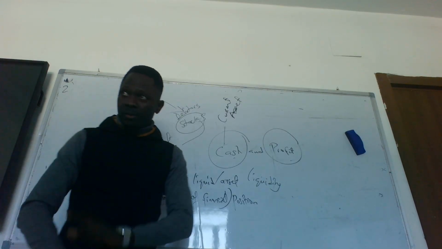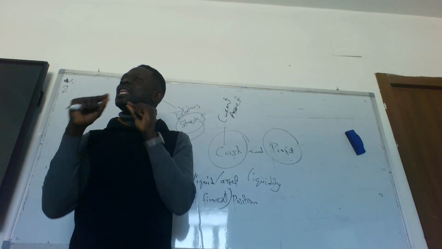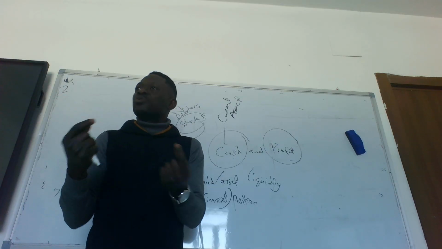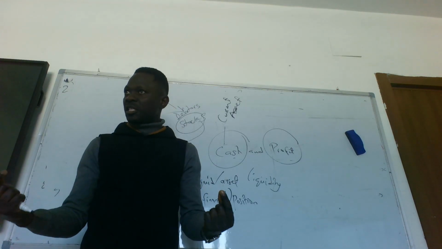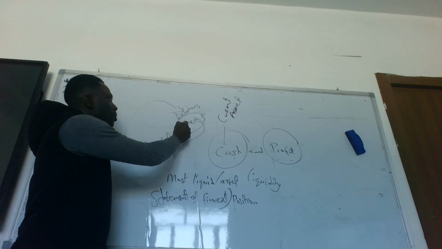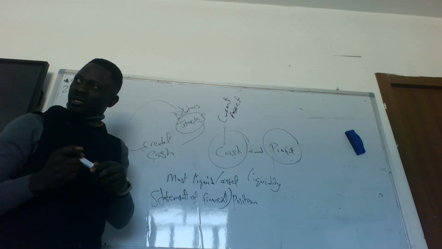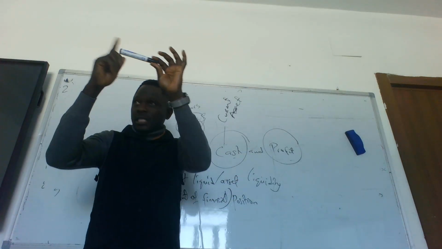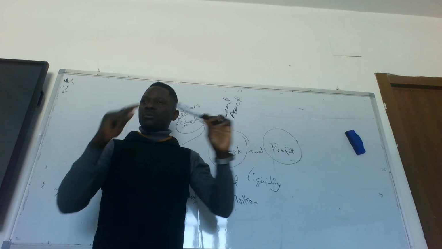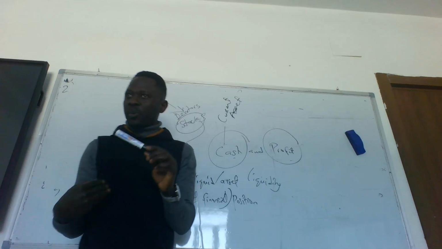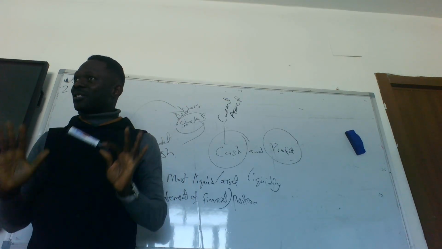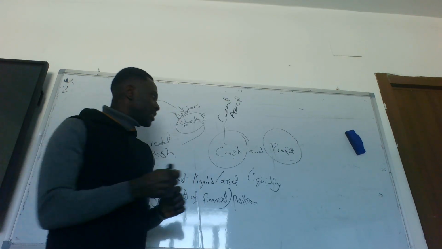Now, cash. Cash is the money we have. It's the most liquid asset, which means what we can spend easily. We have stocks, and we have debtors. Stocks are what the business sells. So let's assume this is what our business is. We sell markers. We will sell to customers who want to pay and customers that want to buy on credit. But both of them will be recorded as